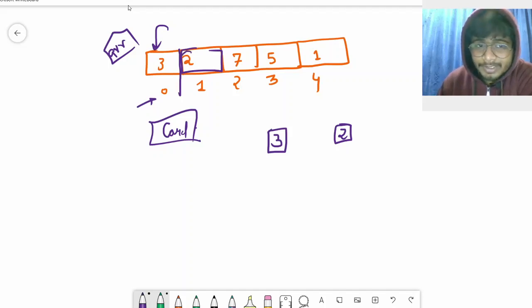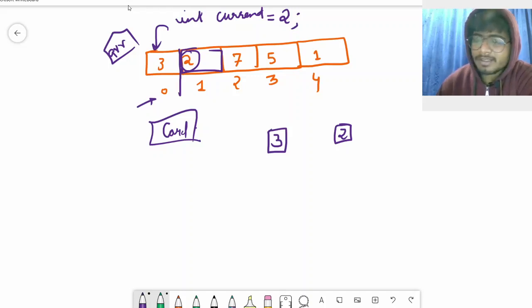So what you do is keep track of this card, like let's say current is the variable, and you keep this value here, whatever value you have picked. Then you check in the remaining cards, is this less than my 3? Yes, it is less than 3. Then you try to create a space where you put 2, right? So creating space means